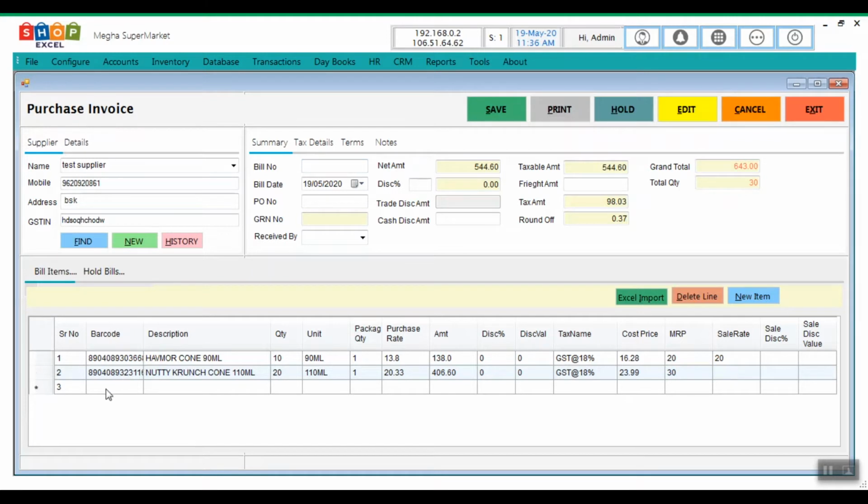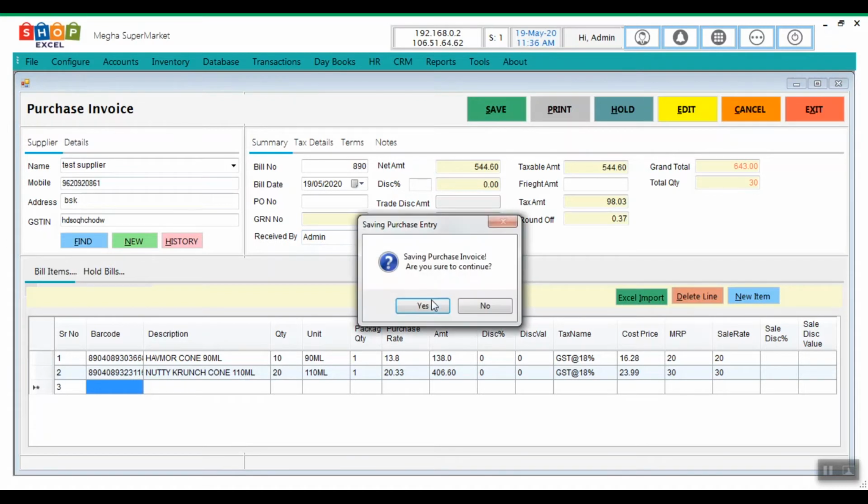Like this, you can add purchase items which you have received from the supplier. Then add the purchase invoice number as well. Then received by admin. Click on save. After clicking on yes, for these two items stock will automatically get updated.